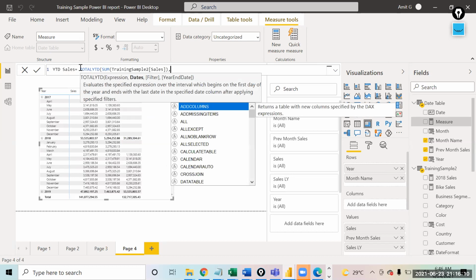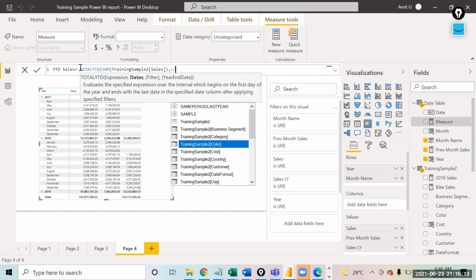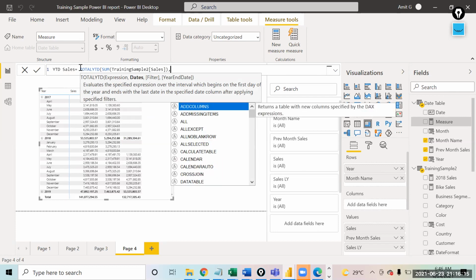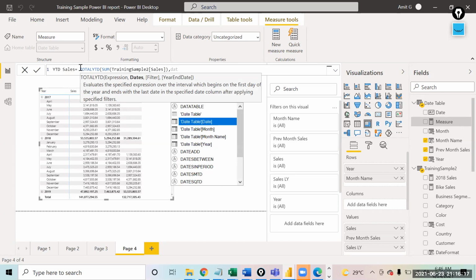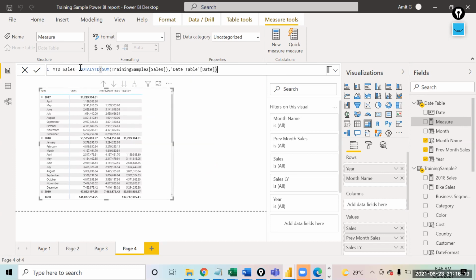Not the sales date, the date table date, and your YTD will be calculated. Right, so please make this.